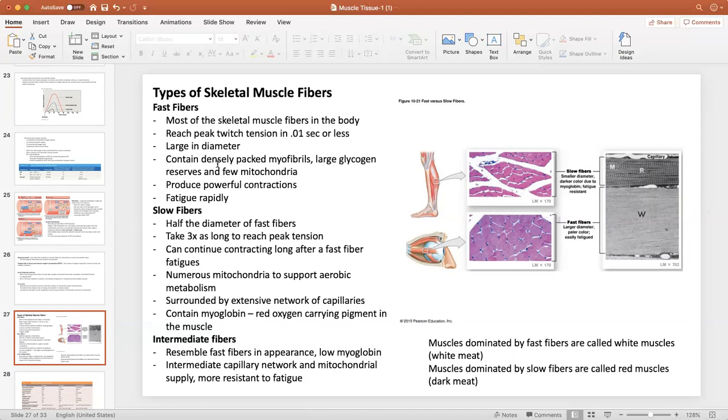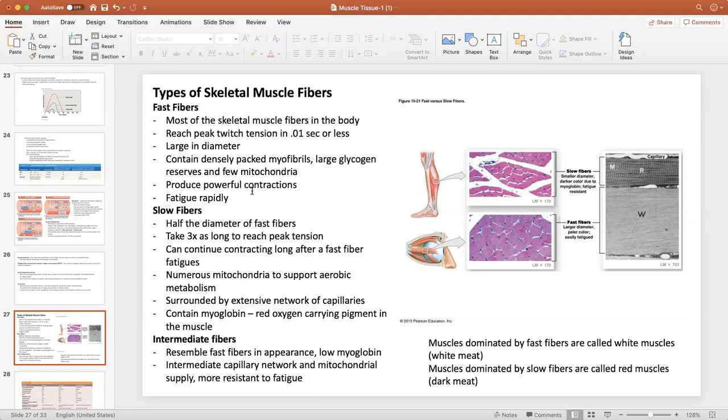Okay, so we don't have a lot of mitochondria within these. The glycogen reserves are large in this one. We use glycolysis, and they fatigue very rapidly. Again, because it's so inefficient in producing ATP, we can't maintain that for a long time. Plus, we have a lot of buildup of lactic acid,